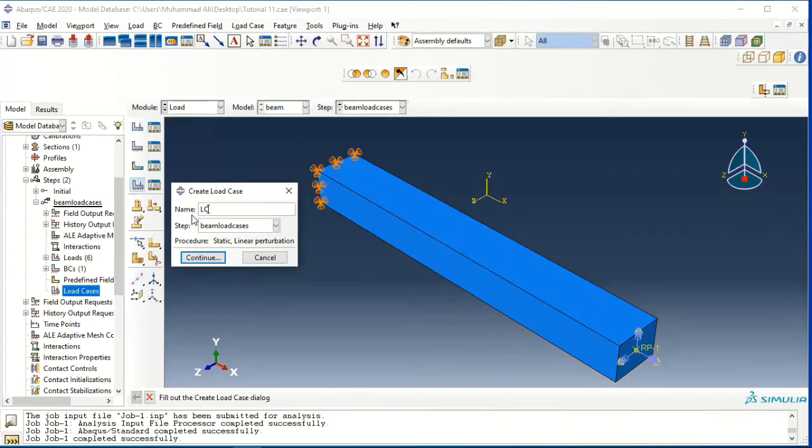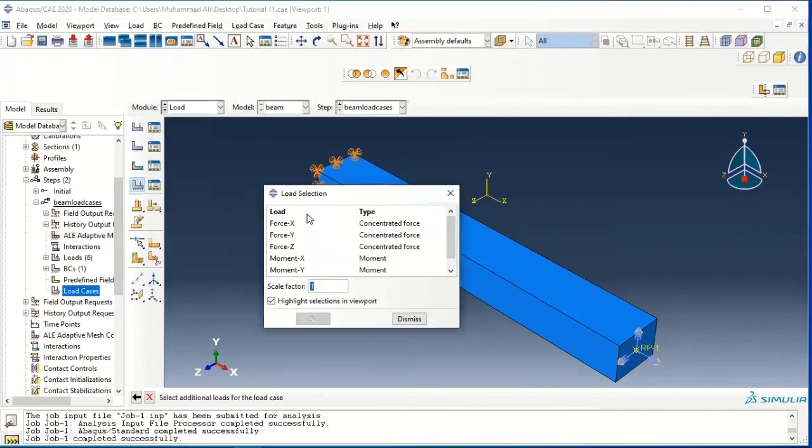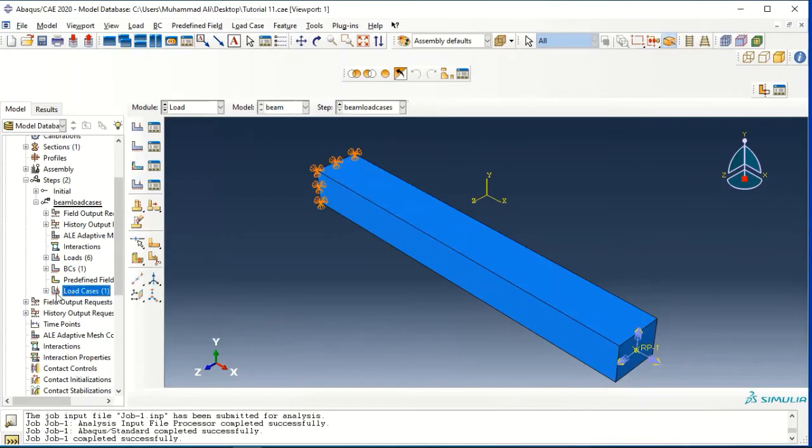We keep the name as load LC force X and continue. Over here we go on to the add button and choose the force X and press on OK. Likewise, we have to create 5 more load cases for the remaining 2 forces and the